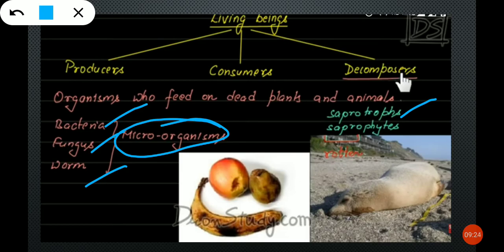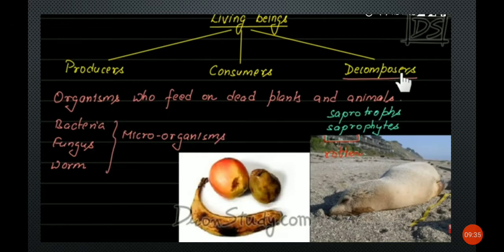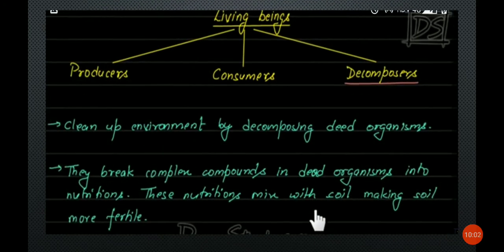Microorganisms, right? Because we can see them with the microscope only. We can't see them with the naked eye. What are the examples? You can see here rotten fruits and dead bodies of animals. Decomposers means microorganisms. We can neglect them, like very small organisms, thinking about what they can do for the environment. We can think in that way, but we will see what are the advantages of the